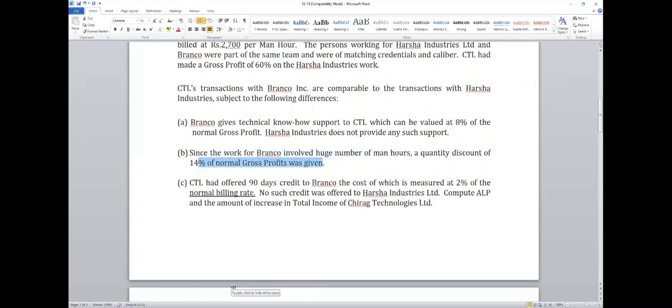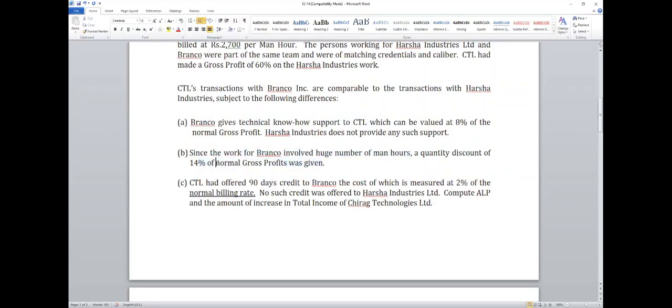was given. Students ஒரு சம் CA ல கேக்குறான், அதே மாதிரி CMA Final ல கேக்குறான். I'm including for practice அவ்வளவுதான். So எப்பயாவது ரேரா கேட்பாங்க, every time ஒரு சம் வரும். But it can be CUP method or it can be resale price method, it can be cost plus method. Okay, so இதுல வந்து since the work of Branco involved huge number of man-hours, the quantity discount of 14% of